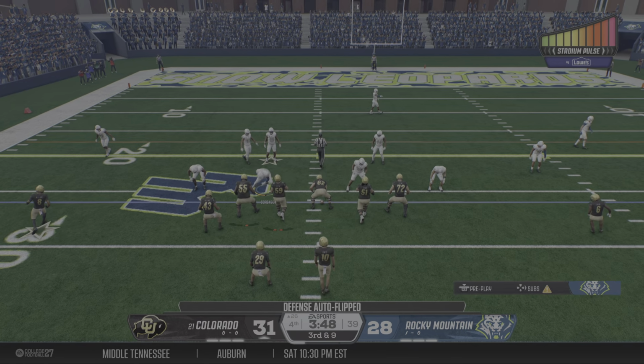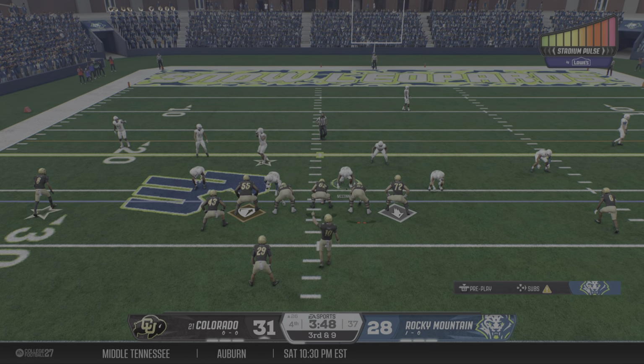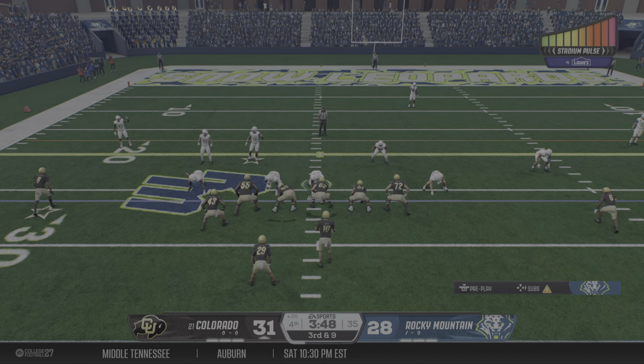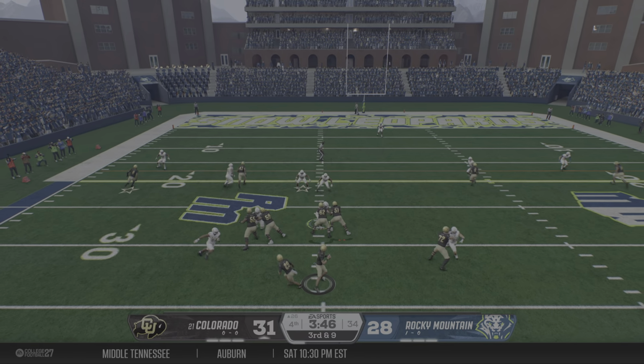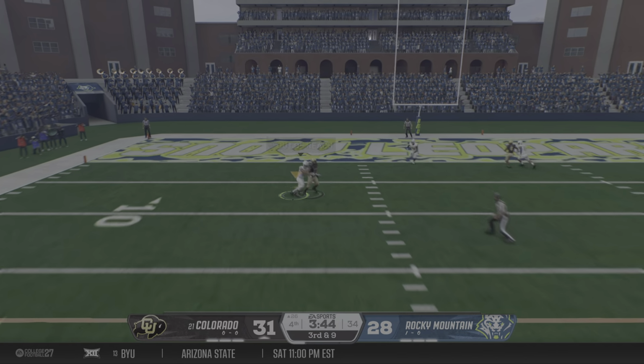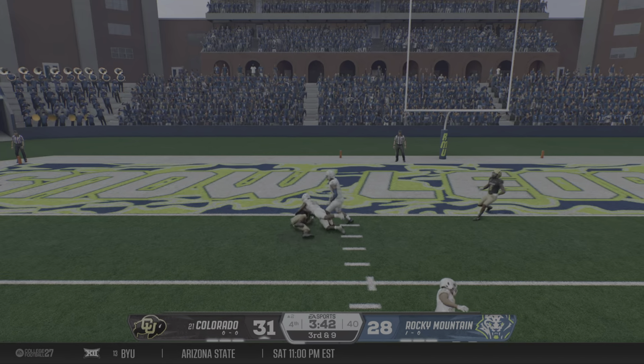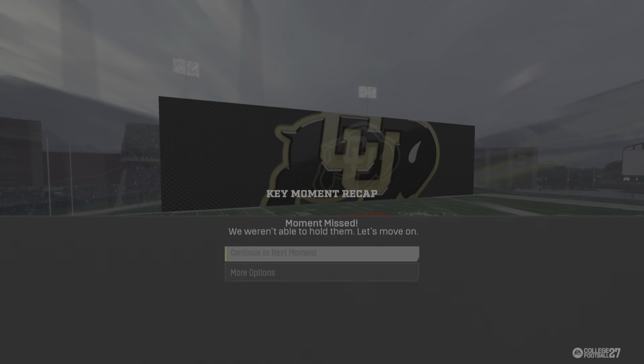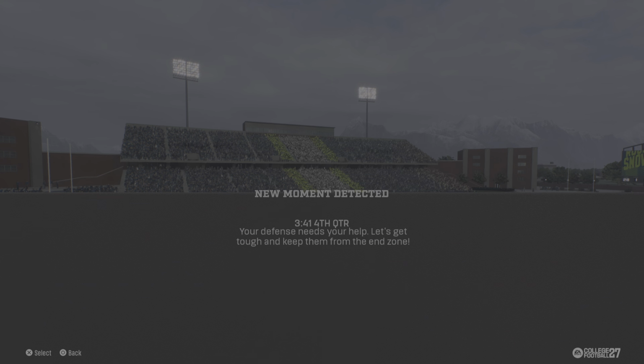There's a reason you drag the record books to the recycle bin in a rivalry game. Upsets, and we've got one looming. Shoots it to the left. He's got it. Can't quite cross the... Now.